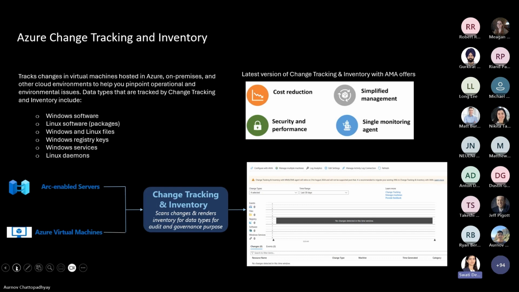The security and performance for sure has enhanced. We've taken care of all the security concerns that were surfaced in the previous version of the service. And the last but not the least would be the single monitoring experience, whereby the customer does not need to manage the data stream from two separate agents. It is going to be one single unanimous agent, and all the customer has to focus on is maintaining the configuration of change tracking for a particular virtual machine, making sure that it is linked to a correct log analytic